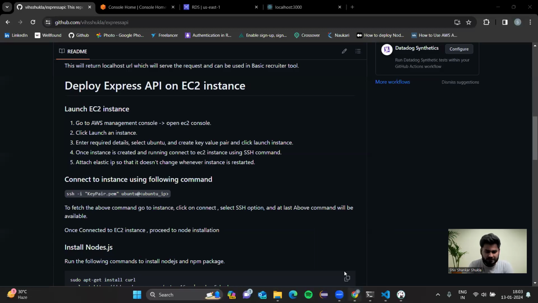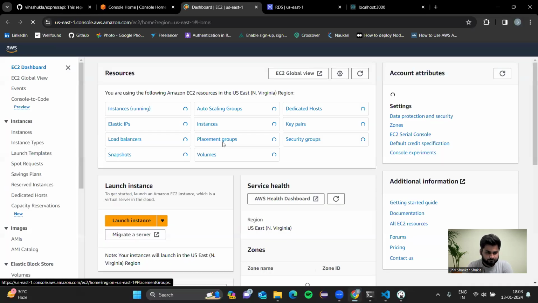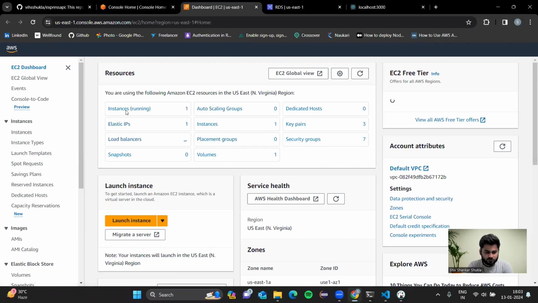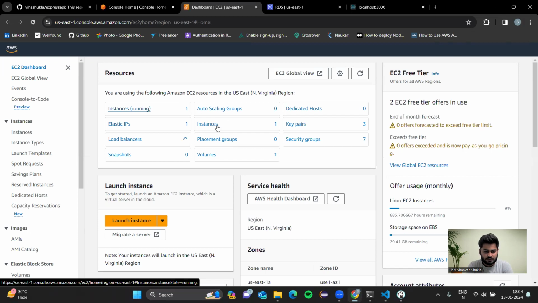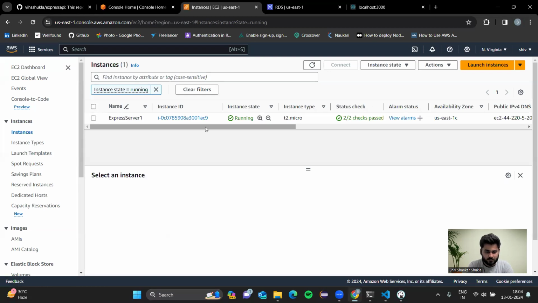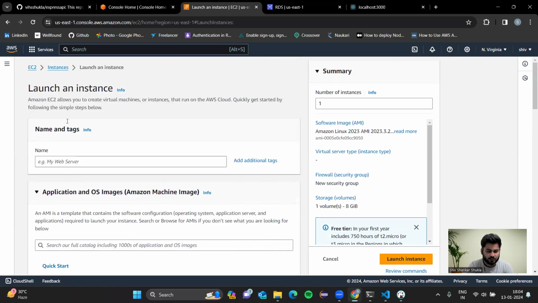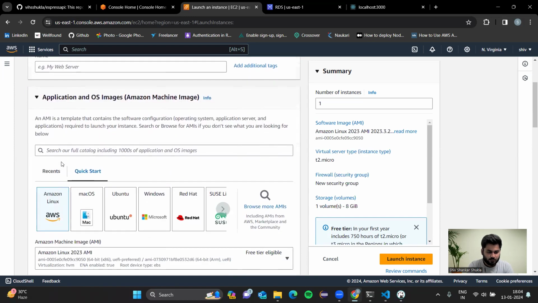Okay. So to launch an EC2 instance, we'll go to the AWS console and go to the EC2 service. So click on instances. So if you see here, there is already one instance running for me. So if you do not have any instance running, you can click on launch instance, which will just redirect you to this page. Here you can mention the server name and select the